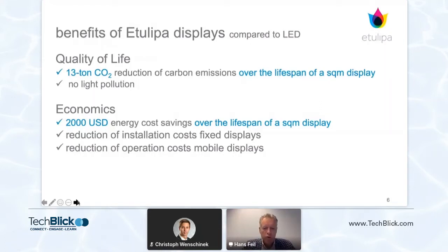Because the power consumption is so low, there's about $2,000 energy cost saving over the lifespan of a square meter display. So it's quite sizable. The second part is that there's quite some reduction in installation cost of fixed displays. For instance, this bus stop in New York, typically if it's operated with small LED displays as countdown clocks, the whole unit, not only the LEDs, but the whole bus stop and installation, is about $20,000. The solution that I showed you on the first slide is about